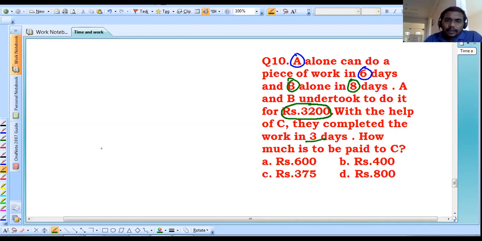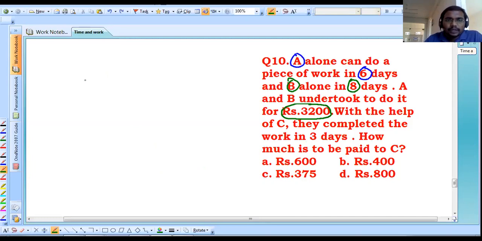Very simple. A, B, C worked for the same number of days. Same number of days means until the whole work is completed. I am working, you are also working. I am going to the work until the work finishes, and you are also coming to the work until the work finishes. So here A, B, C together went every day, and they worked for 3 days and completed it. That means according to their efficiencies, you have to divide the money. So here the very simple thing is to find out the efficiencies of A, B, C.